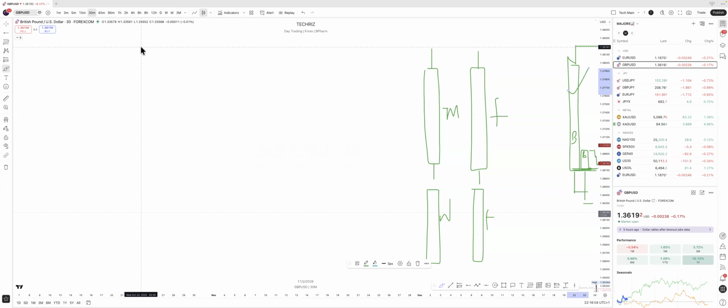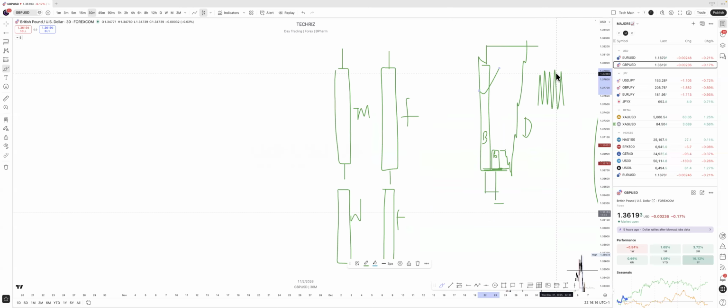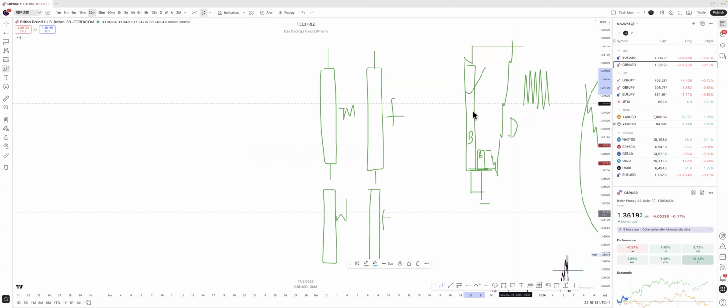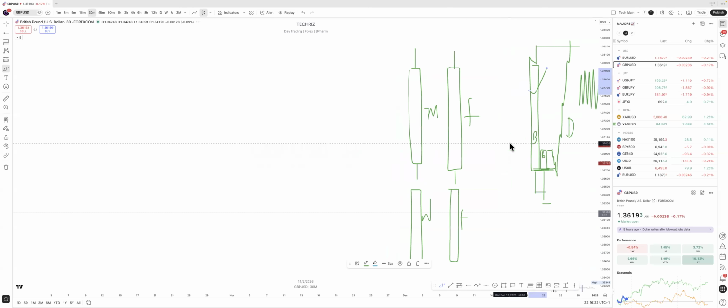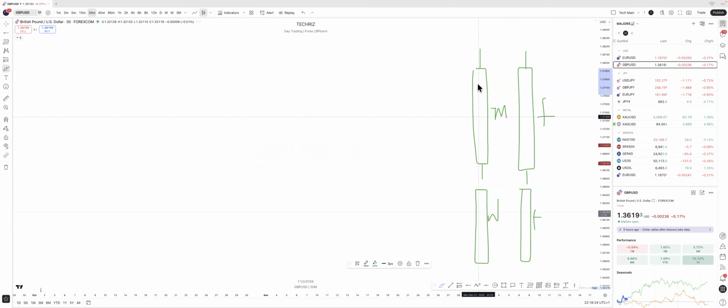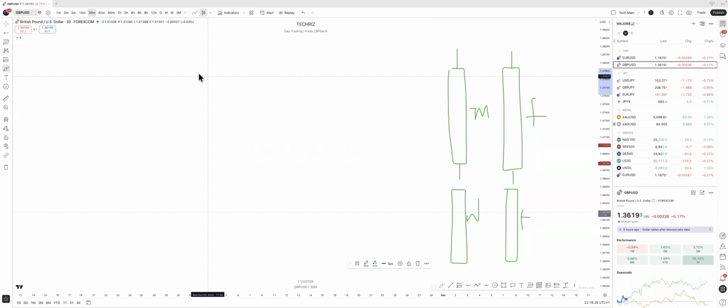Now, what are the key manipulation days? Only 2 days out of the week are permitted to manipulate. Only 2 days out of the week are permitted for a correct and high probability range. Only 2 days are allowed to manipulate. Now, the first one is